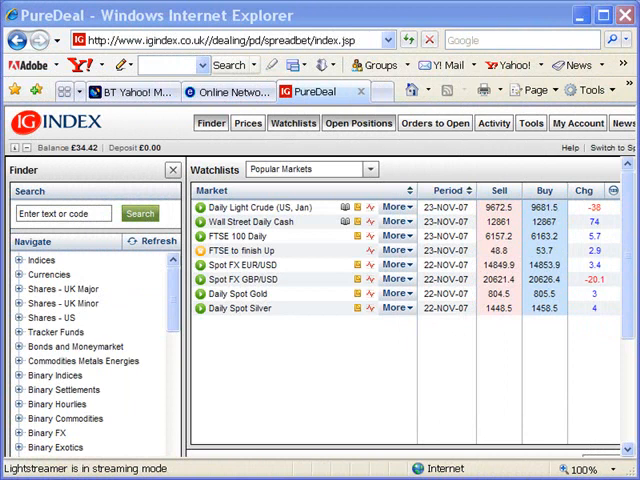The purpose of this video is to show you how to place an order for a spread bet using the IG Index platform. This is a fairly typical screen for IG Index. You'll see here the listings of shares and indices and so on which you can access, but here's just some of the more common